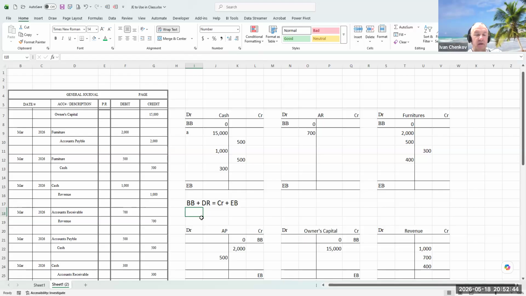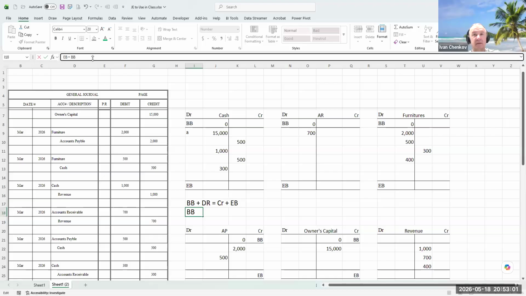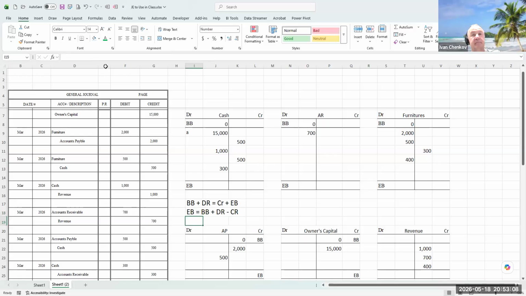Obviously, the ending balance here will be equal to the beginning balance. Here we go again. So let's format this one and flip it here. The ending balance is going to be equal to the beginning balance plus all the debits minus all the credits. So what I have to do here is put in the formula, which is the beginning balance